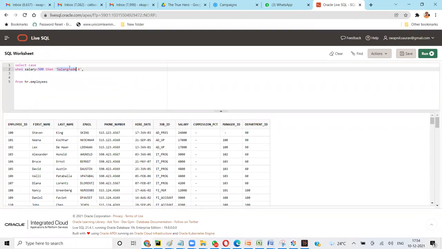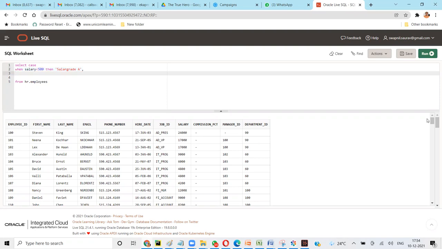When salary less than, let's say, 1500, I call it salary grade B. Ignore the spelling.